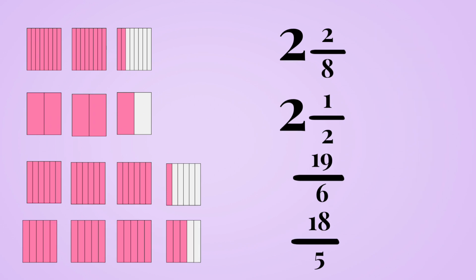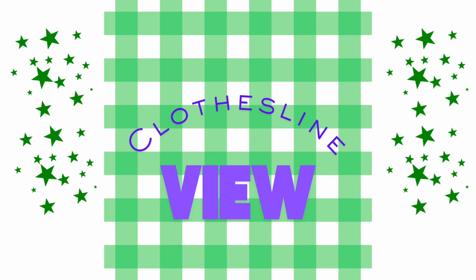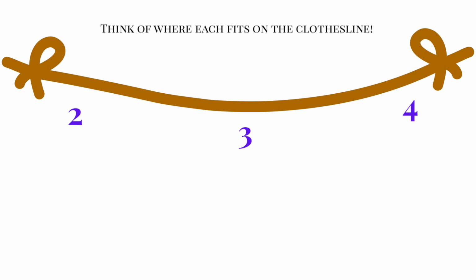So our final answer, putting these numbers in ascending order, will be 2 2/8, 2 1/2, 19/6, and 18/5. Another helpful way to understand this is to imagine a clothesline with the numbers 2, 3, and